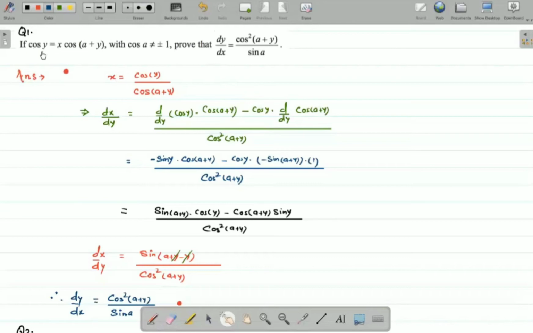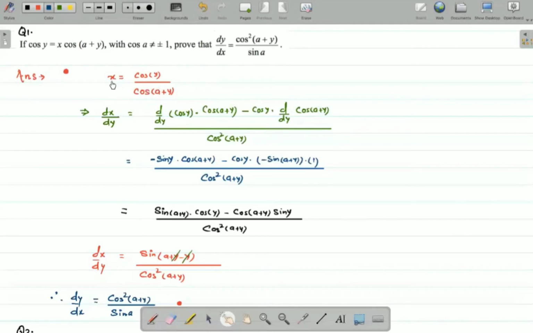So it's a question of implicit differentiation, where both x and y terms are jumbled together and this is given in the form of an equation. In such questions, whenever we are asked to prove some result, we modify the given relation in such a way that if we proceed with the differentiation over that form, we get the desired result. Like in this question, I will write x in terms of y as this.